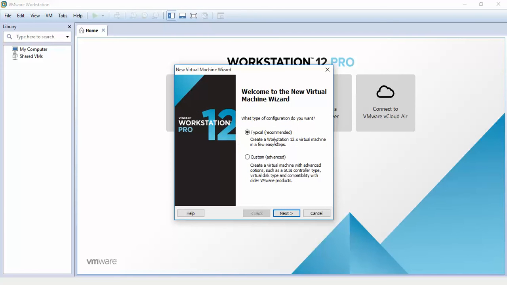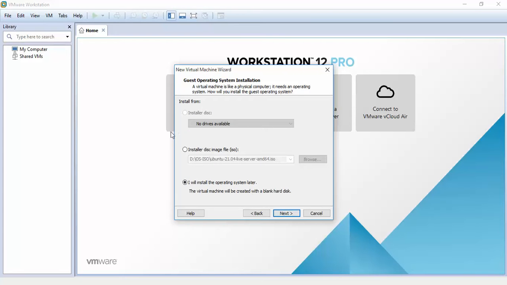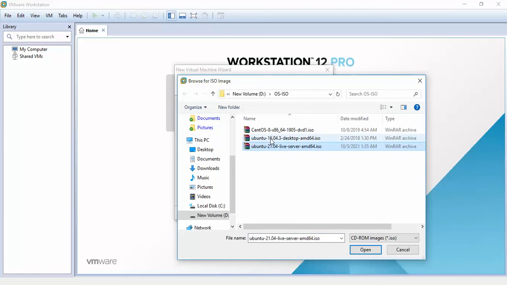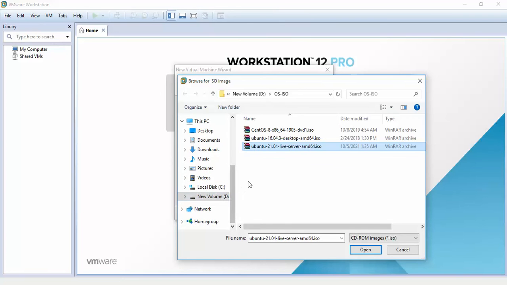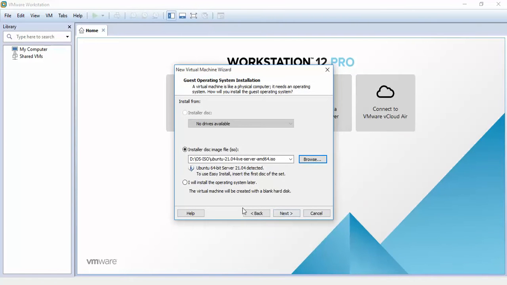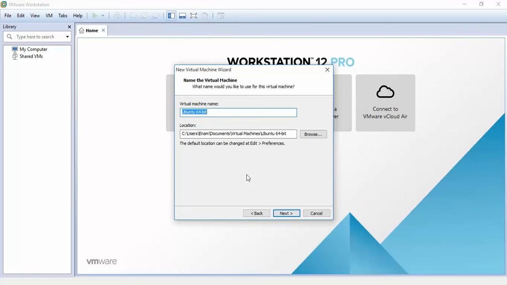Select typical, and then select the ISO from this path. After you download this ISO file, you can keep it anywhere, in your downloads folder, or in your directory or drive. Here is the Ubuntu server 21.04. So I'm opening it and clicking next, and now I'm writing the server name